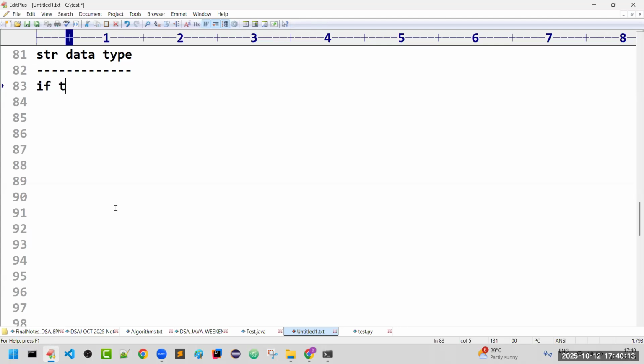If the data is represented in double quotes, or I can say a group of characters, a group of characters is always called a string.